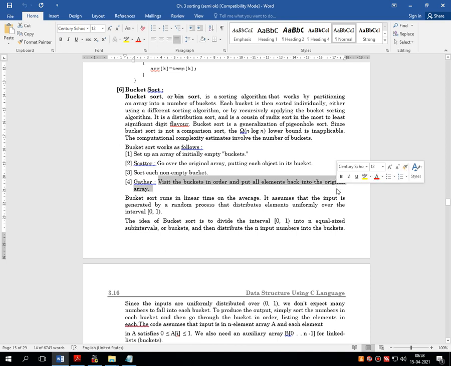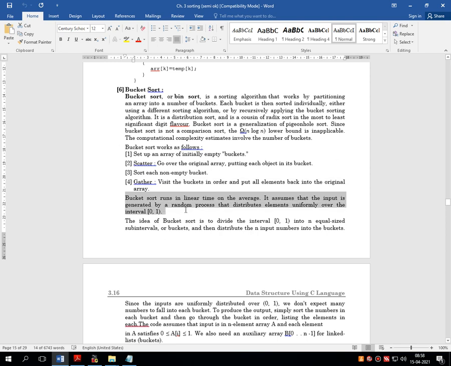Look at these two words, scatter and gather. Whatever values you have kept in the buckets must be sorted. Then take all those values from the sorted buckets and put them into the original array. Ultimately, you will get all your numbers sorted. That's why bucket sort is also called a scatter-gather sorting algorithm.